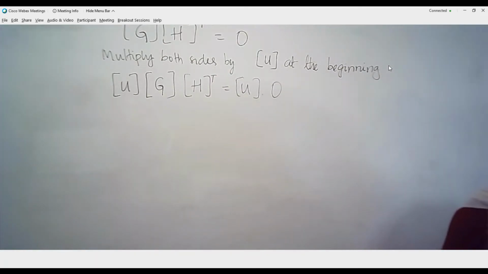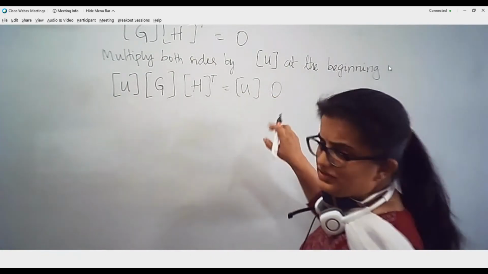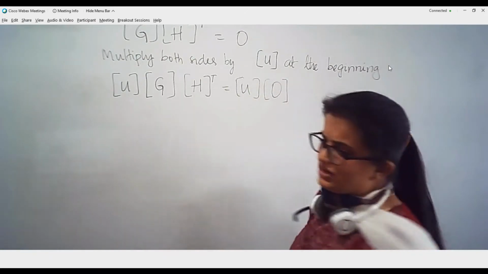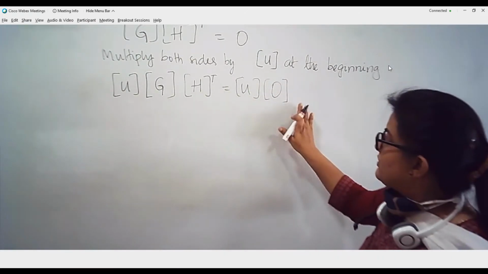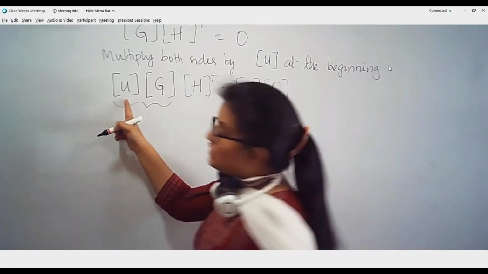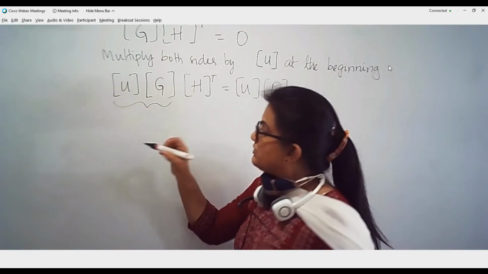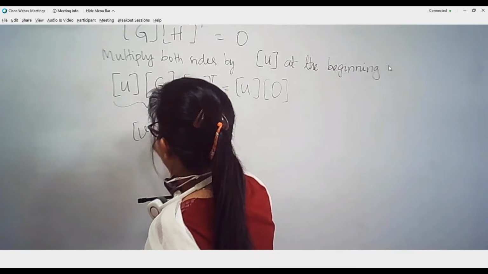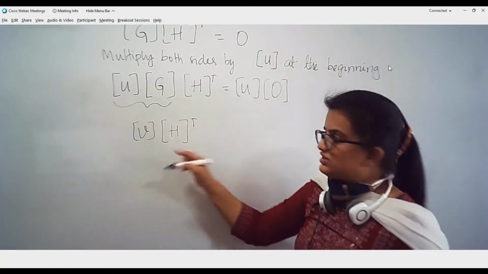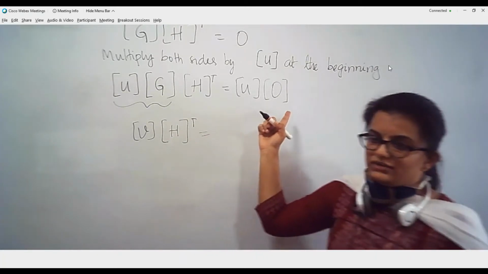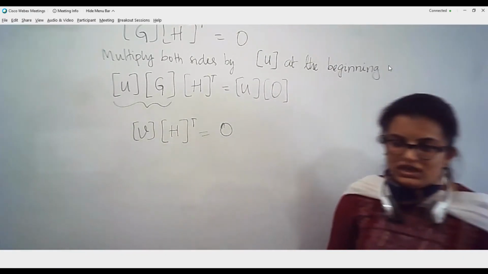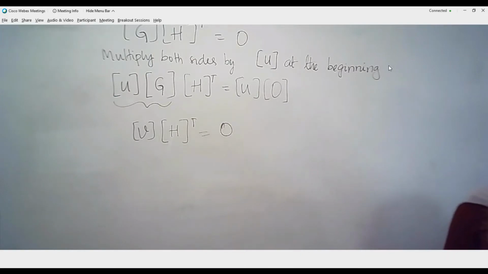This is what we will be doing. Of course, when we do matrix multiplication, when we consider this as a matrix, this 0 should also be a matrix. It cannot be an element. Please remember that. So we are going to obtain this. We already know that the message vector multiplied by the generator matrix gives the code vector v, and when we multiply that with the transpose of the parity check matrix, anything multiplied by the null vector is going to be a 0.